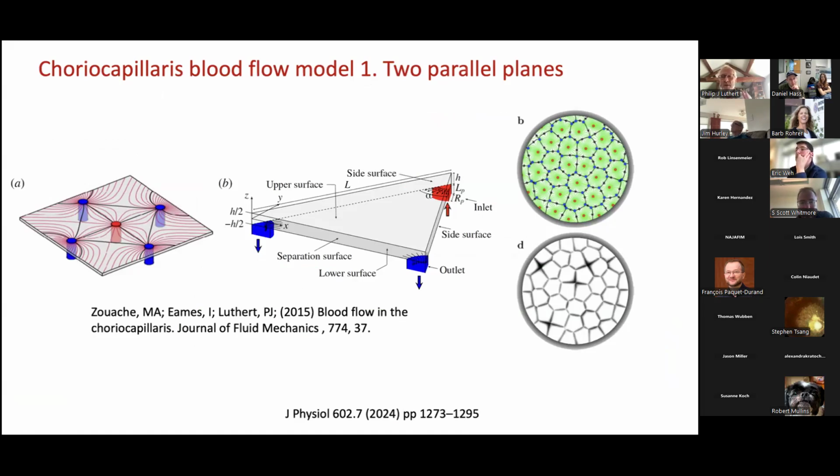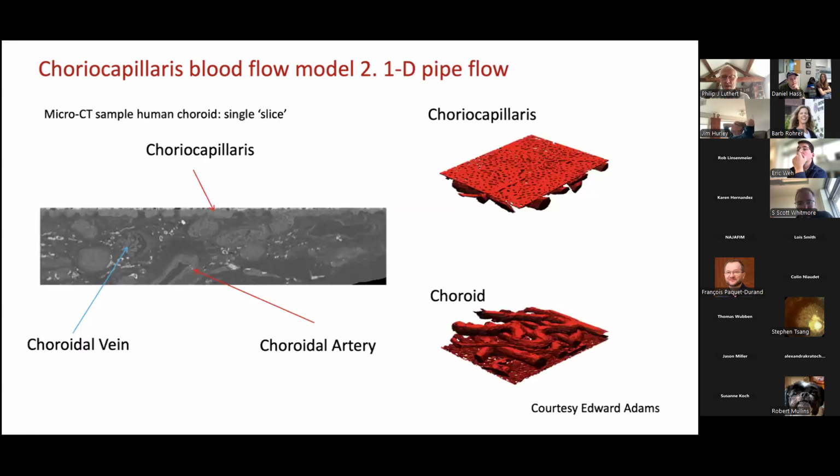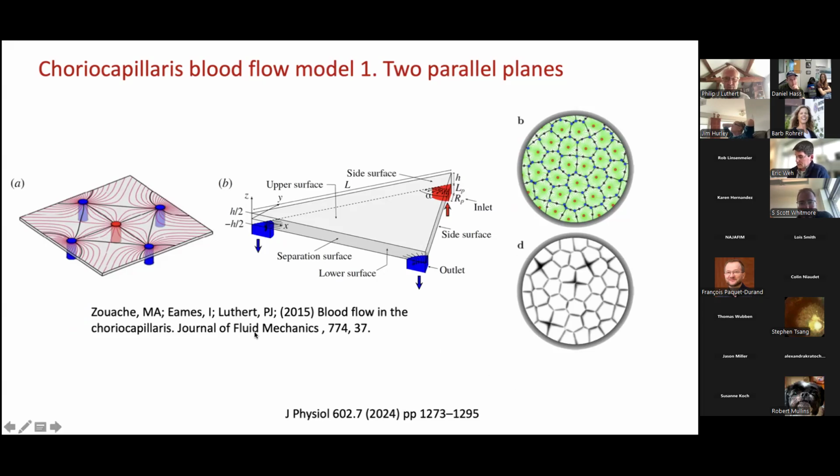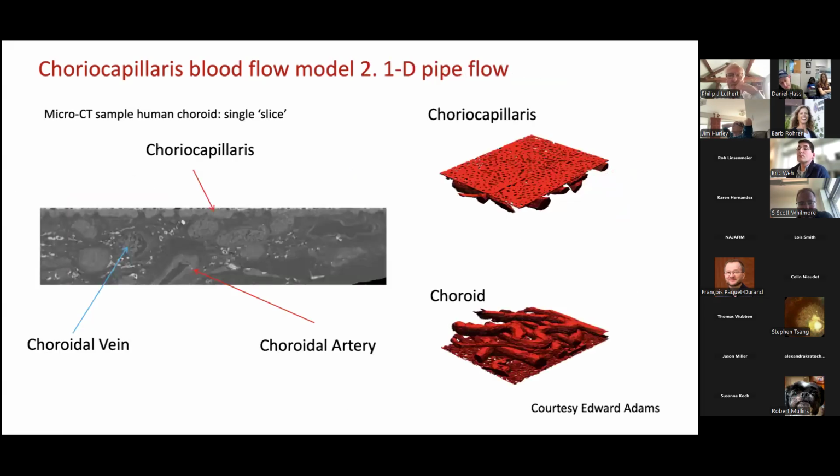And so although we like to think of choroidal blood flow as being fantastically high, which it is, supply of blood to the choriocapillaris is not uniformly high. And so there are areas where diffusion of nutrients might be impaired. And Musa's recent Journal of Physiology paper, which was the cover at the beginning of my talk, goes into a great deal of detail about that. So the choriocapillaris is not quite as straightforward as we might have imagined.